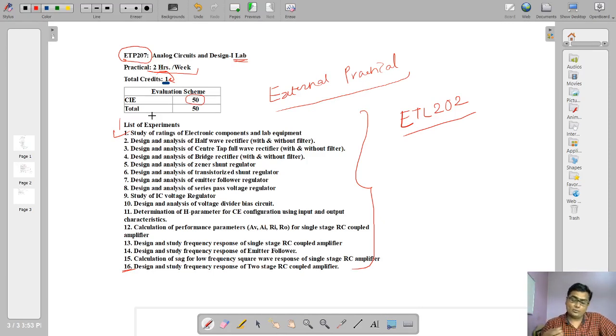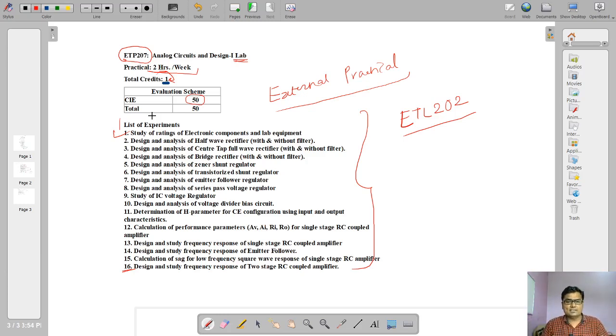And if I want to perform an experiment and check the results on lab equipments like a CRO, maybe I'm using a function generator, maybe I'm using a power supply, you should be good at handling those equipments. If it is a CRO, you should be able to take measurements using the CRO. How to take those measurements, we will study in this experiment. How to use a multimeter, a breadboard, a CRO, a function generator, what the job of a function generator is, what the maximum voltage from the power supply is. You should know everything about that.